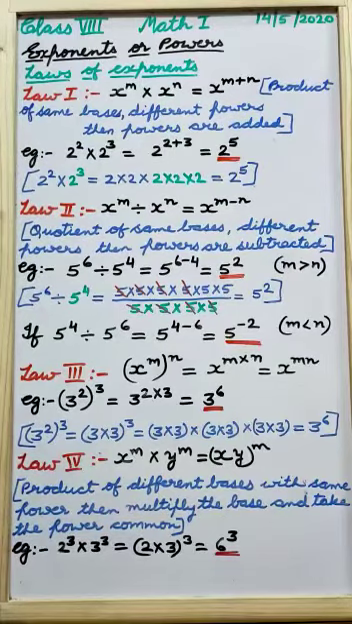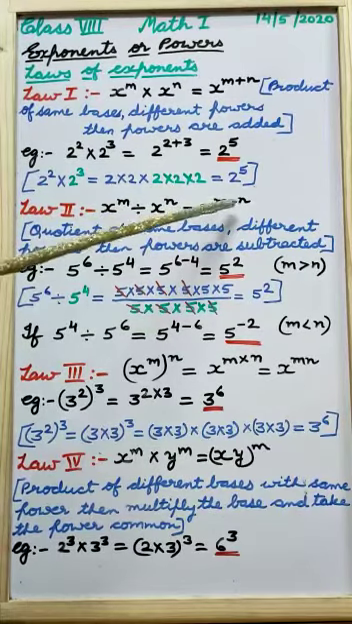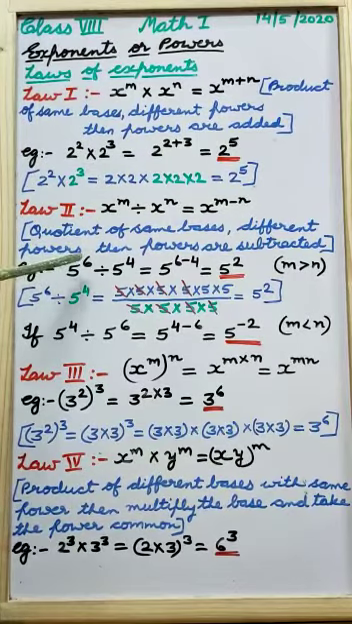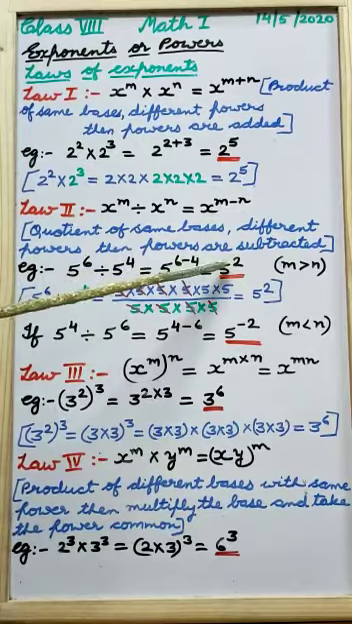Second law says, if we find quotient of the numbers which are in exponential form with same bases and different powers, then we will keep their base common and we will subtract their powers. Like x raised to power m is divided by x raised to power n gives us answer x raised to power m minus n. As example, if we see 5 raised to power 6 is divided by 5 raised to power 4 gives us answer 5 raised to power 6 minus 4 is equal to 5 square or 5 raised